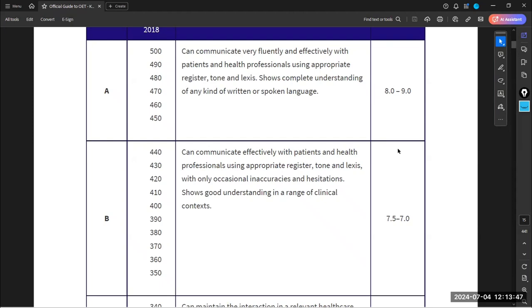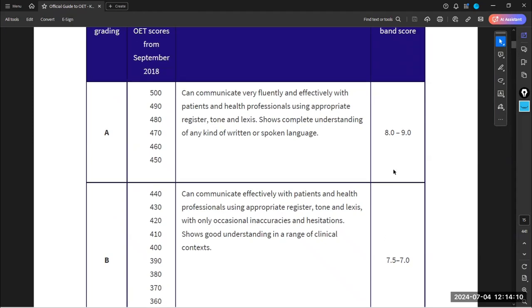And even reading, because I'm not talking only about writing or speaking. In listening, if you want to listen, you have to understand the symptoms, the diagnosis, for example, because you have to fill the blanks, you have to fill the gaps. I mean, you have to select the correct multiple choice. So this is extremely important.